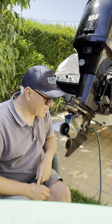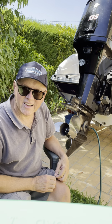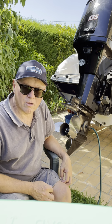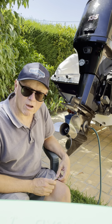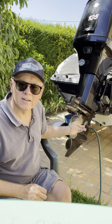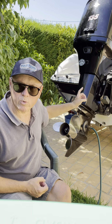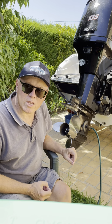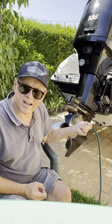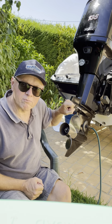Actually, there is one other thing I wanted to tell you about impeller changes that I learnt, and that is before you take the lower unit off, you've got to make sure the engine is in forward gear, because it's going to make life a lot easier for you when you're trying to match the splines when you're putting it back together. When you put it into forward gear, you then turn the engine off, and then you can start pulling things apart, but don't have that